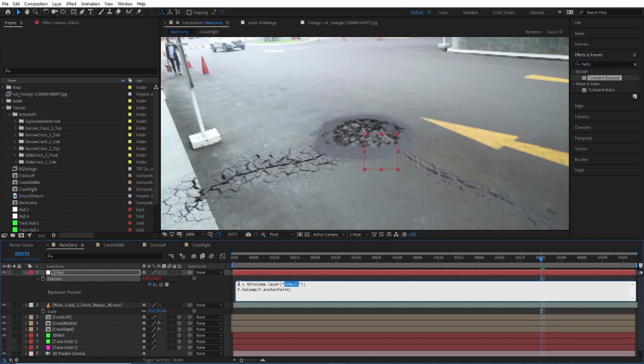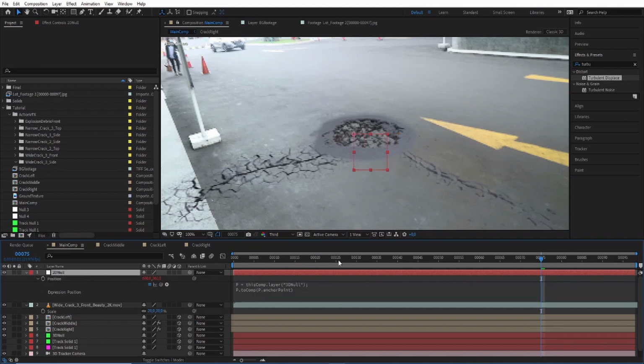It creates a variable where P equals the transformation of this 3D null. Then we're telling it to use the transformation data of the 3D null's anchor point and turn it into the position for the 2D null. So now if we click this, boom,